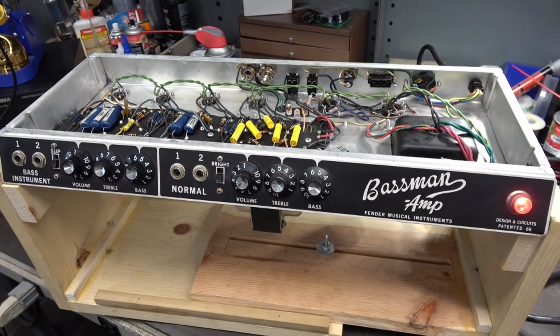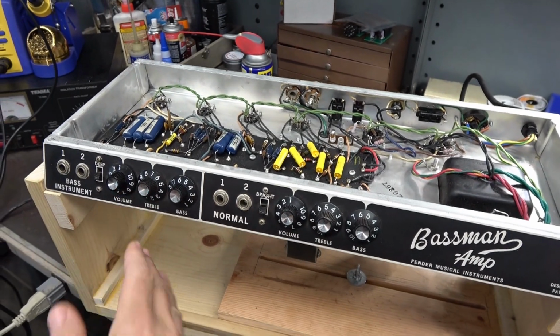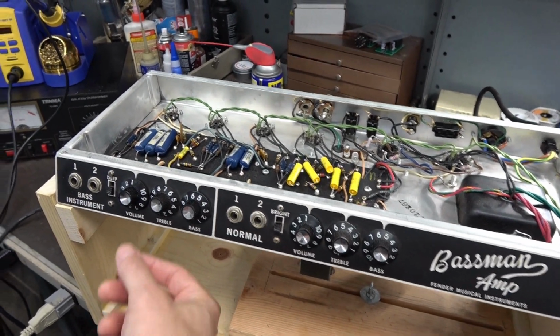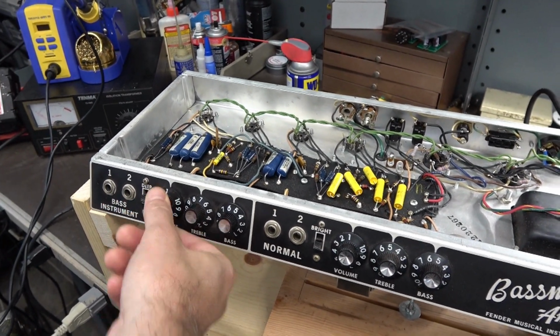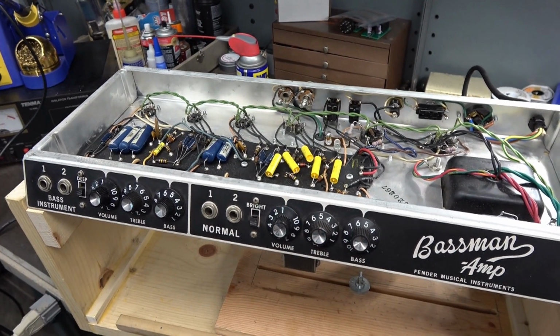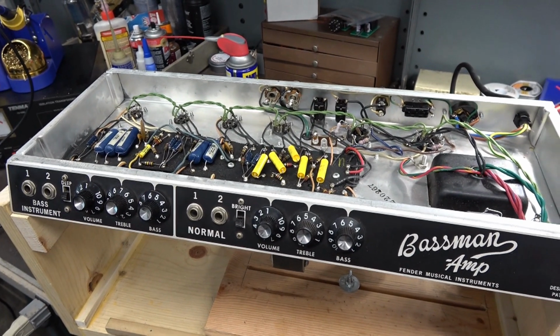So let's take a listen to this basement amp with the volume all the way down, just idling. You hear that little bit of a scratchy sound? Hear the rumble in the pots? You may think that that is a bad pot, but if you look at some of the future designs of